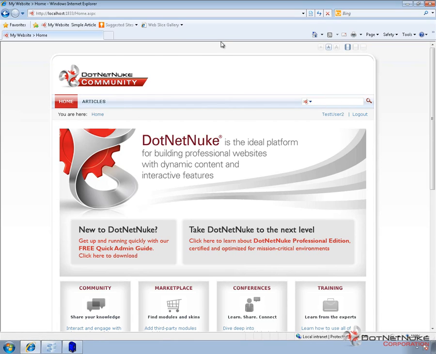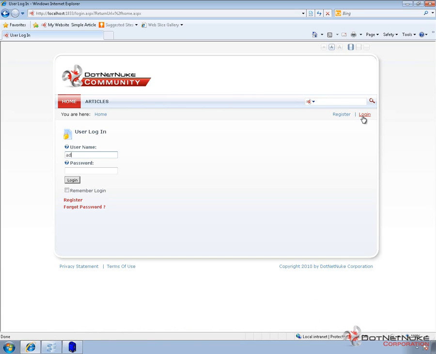Now I don't have access to the control panel. I don't have access to any additional pages except for the articles page. And that's because we haven't configured any permissions for the additional accounts on our website. But if I go ahead and log out and now log back in as the administrator,